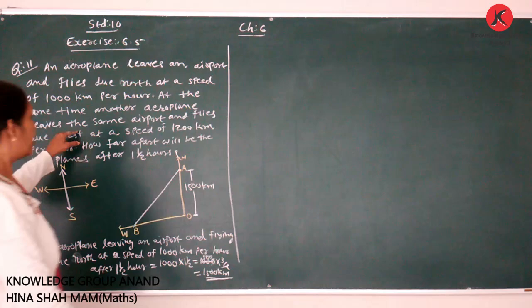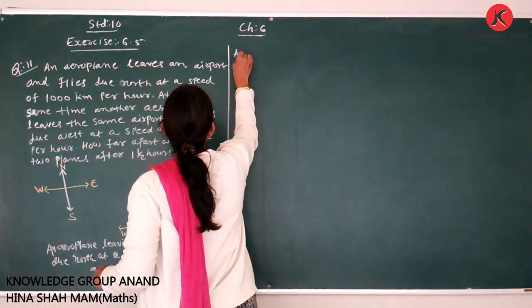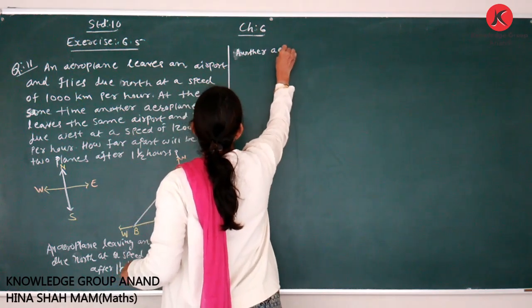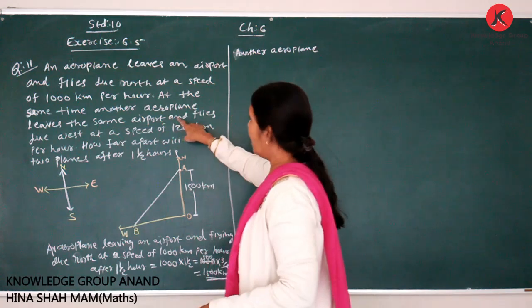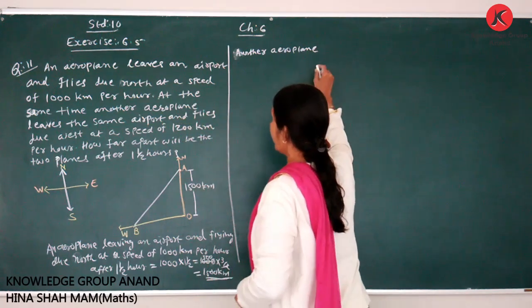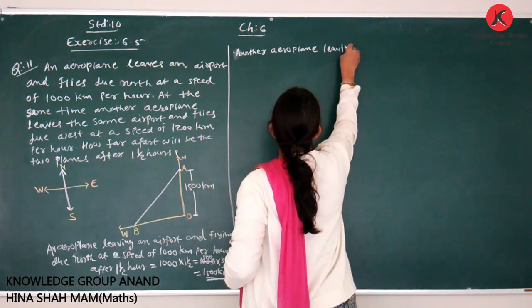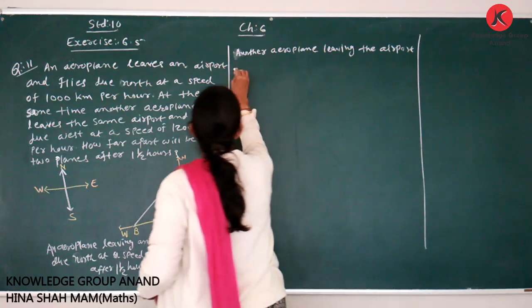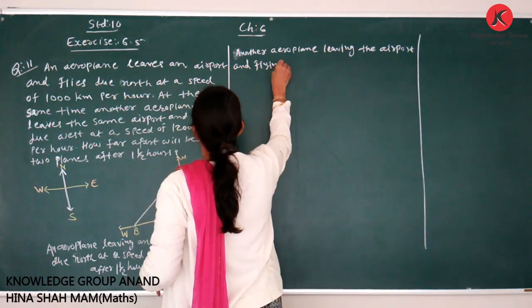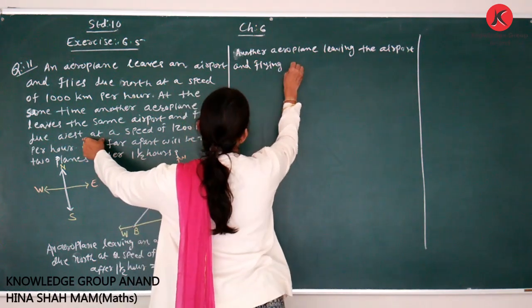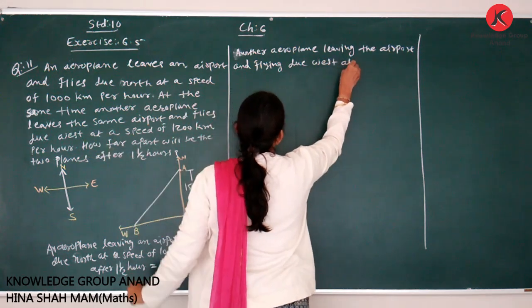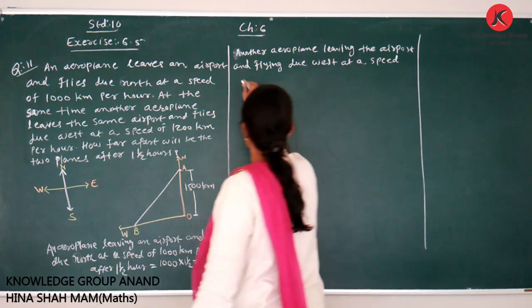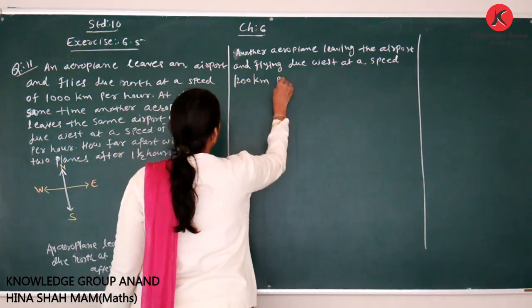Similarly, we write another aeroplane leaving the airport and flying due west at a speed of 1200 km per hour,